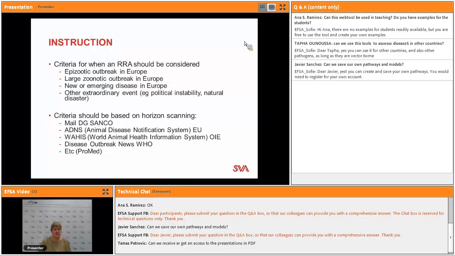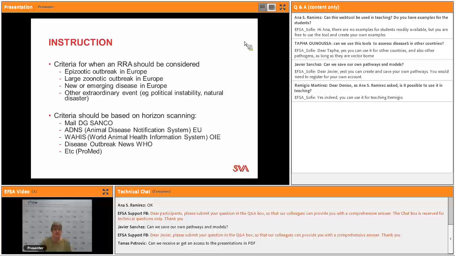And we have chosen 4 different criteria: an epizootic outbreak in Europe, or a large zoonotic outbreak in Europe. It could also be a new or emerging disease in Europe, or some other extraordinary event, like a natural disaster, for example, that could cause